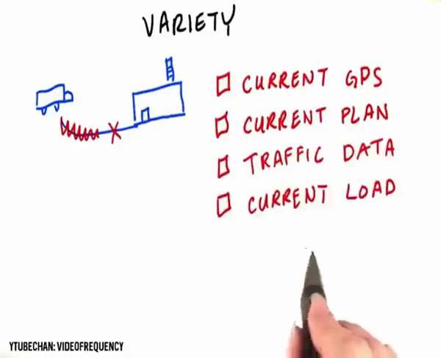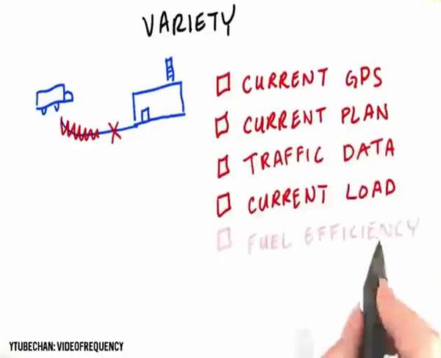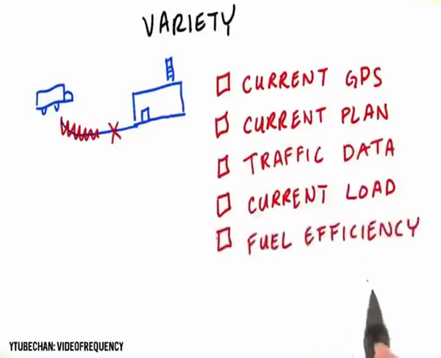Or how about the current load of each truck and its volume and weight? Maybe the fuel efficiency of our different vehicles. And again, all these answers are correct. You can save a lot of money and time by making better decisions driven by more data. The world we live in is extremely complex, and there's lots of variables to consider that we can tweak to